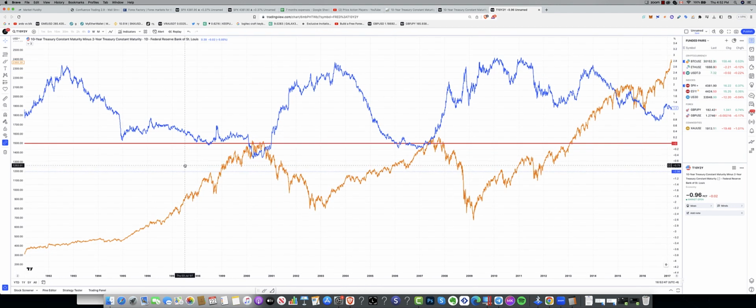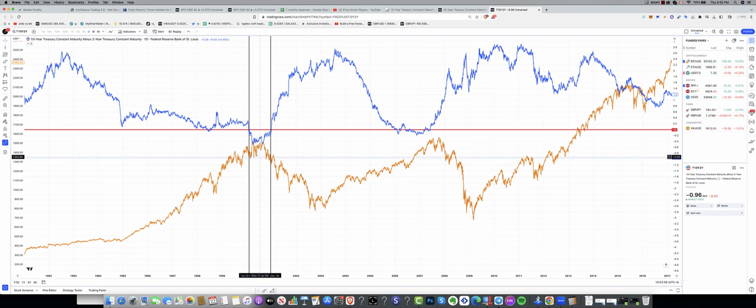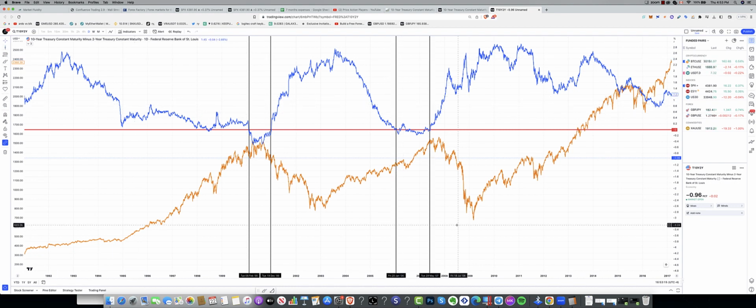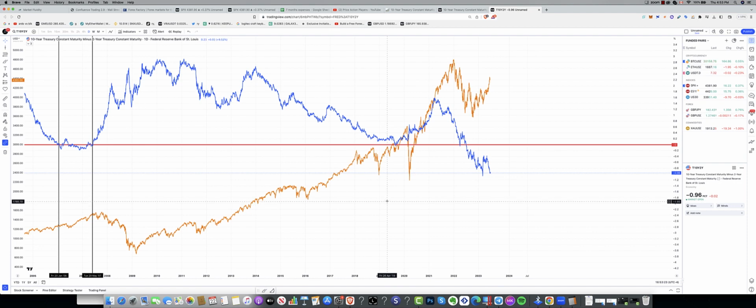We have 2000, right? This is 2000 right here, and this is where the yield inverted and came out. So this was the top of the market, and then we came out, right? When we came out and the yield inverted, we continued to decline in the market, right? Same thing over here. So we started inverting, and then we started to decline again, right? So now we're over here in